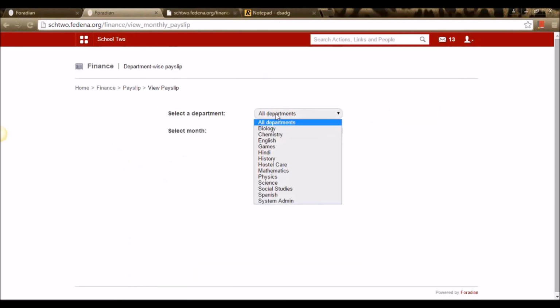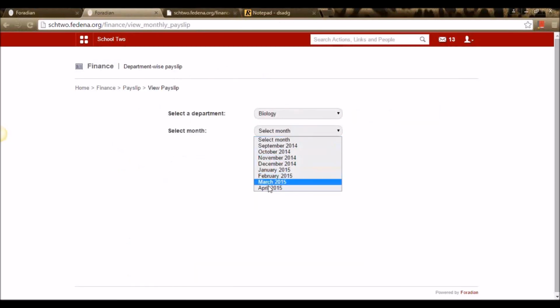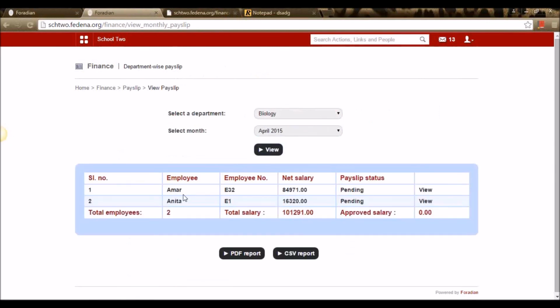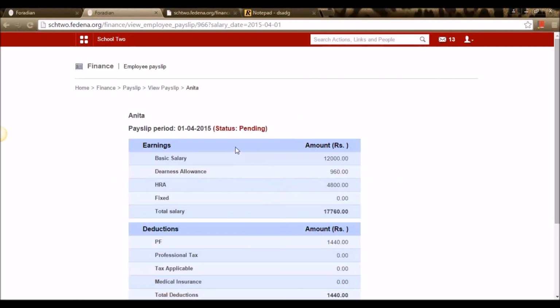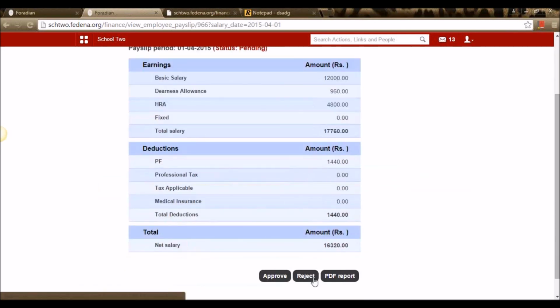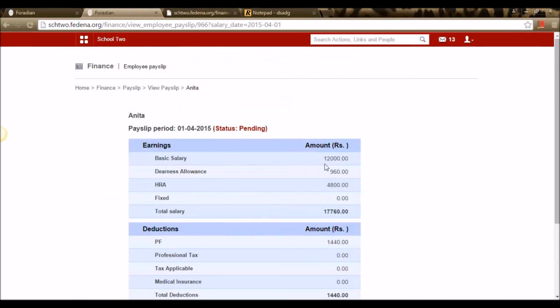Now I can view the payslip here by selecting the department and the month. It shows the list of employees for whom I've created the payslip. I've created a payslip for Amar. I've created a payslip for Anita. Let me view Anita's payslip. As a finance person, I have the privilege of viewing the payslip of an employee and approving or rejecting it.